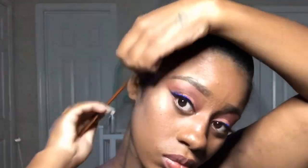Okay, so right here what I'm doing is just tucking in all my little edges. Gotta get those edges. You don't want anything out. I have braided my hair down and now I'm just getting the wig ready, combing it out, getting all the little naps out. I have two combs, actually three combs. I have two in the front and one in the back. And what I'm gonna do is just put it on,